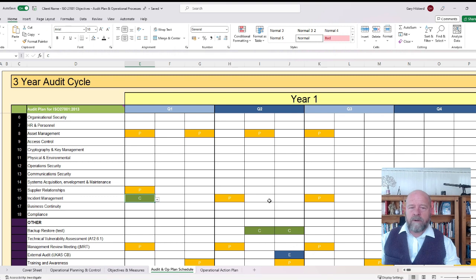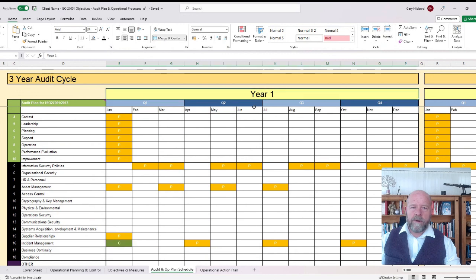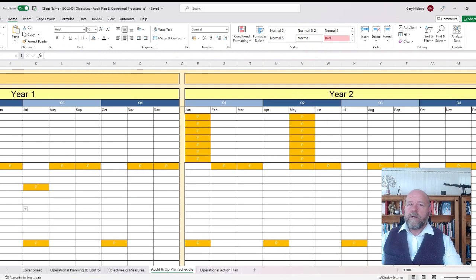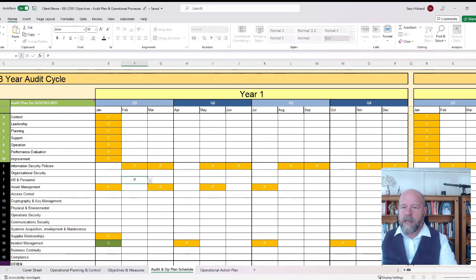But it very much allows us to be able to see what audits are going to be coming up in year 1. We have it for year 2 as well, and year 3, because as you all know, your ISO 27001 recertification cycle is a 3-year cycle. So we can plan these in. So if we're very comfortable with HR processes, we might say, well, look, we're going to audit them in February, but we're not going to come back to them again until probably August. And we can just put that in there.